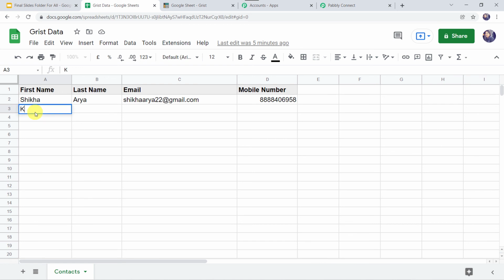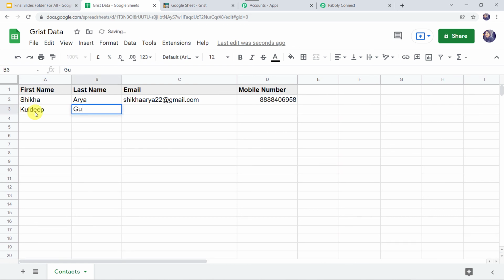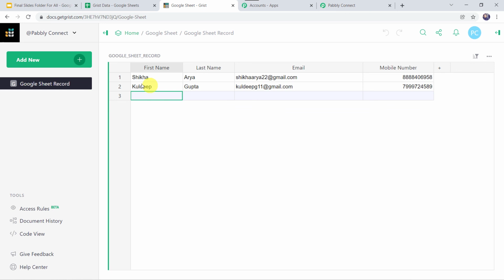And this time I'll just add the name as Kuldeep, last name as Gupta, email address as kuldeepg11@gmail.com, and let's add the mobile number over here. Okay, now let us check the Grist account. And here we can see that Kuldeep Gupta is added as a new record here in the Grist account also. So now in this way we can see that our integration is perfectly working fine.